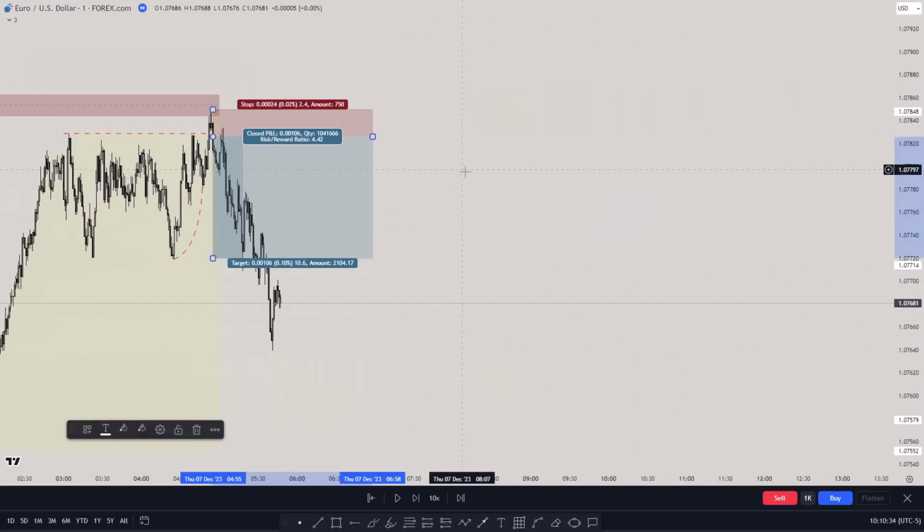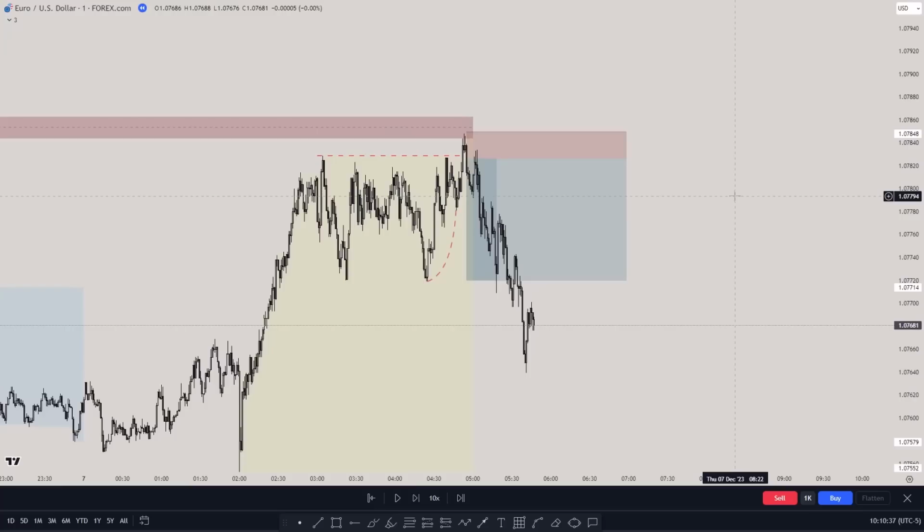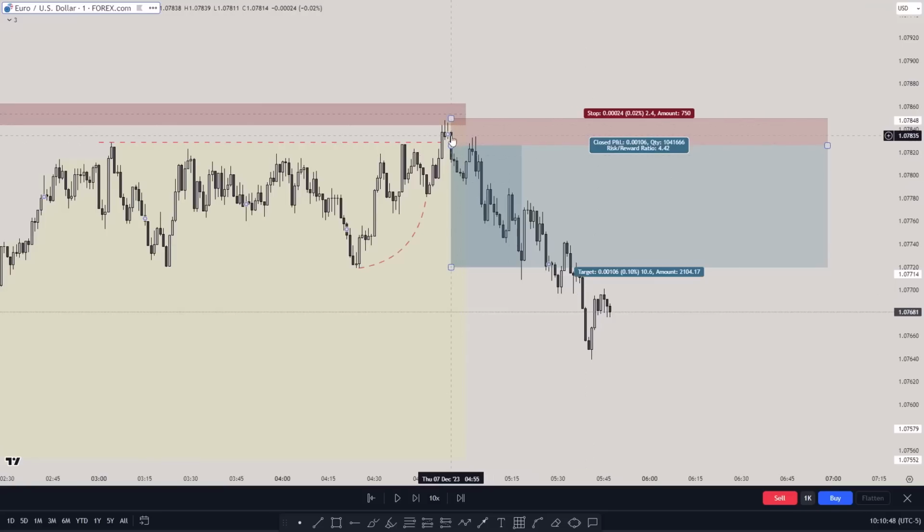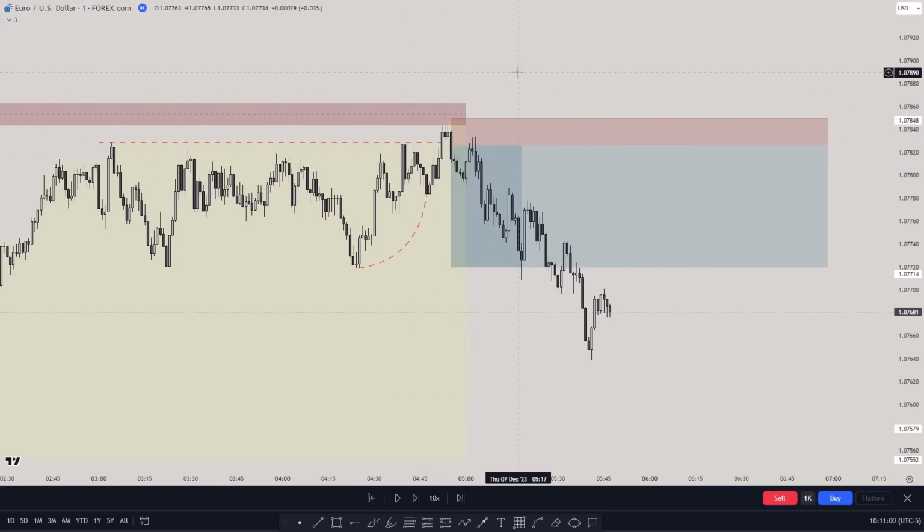This trade, I sent it on the Discord. There was only one thing that I was not really confident about in this trade. And what is it? It was coming at the end of the London kill zone. So 4:55, and price got me in at 5. So 5 a.m., the end of the London kill zone, and I was not really confident only about this part. Otherwise, this is a perfect trade.